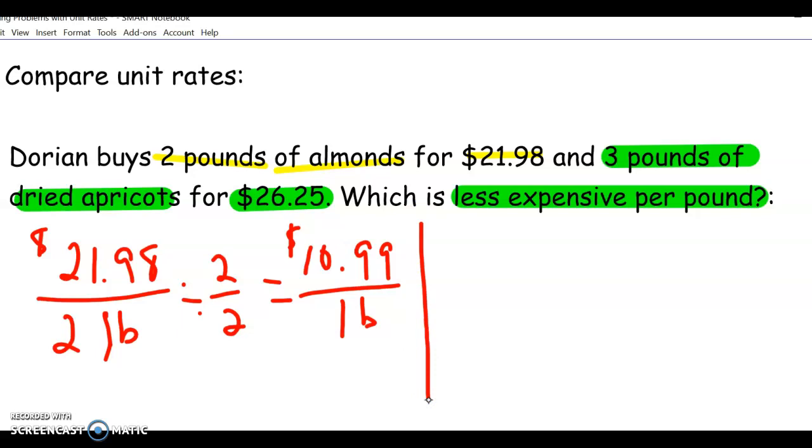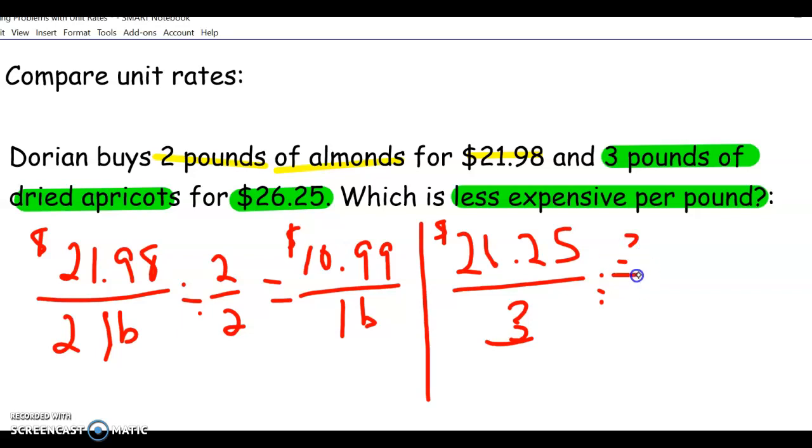Okay, do the same thing for the apricots. We got $26.25, and that is for 3 pounds. So in this case, we're going to divide by 3, and I apologize for my stylus acting up. It's happening a lot. Okay, so I'm going to divide $26.25 by 3, and that gives me $8.75